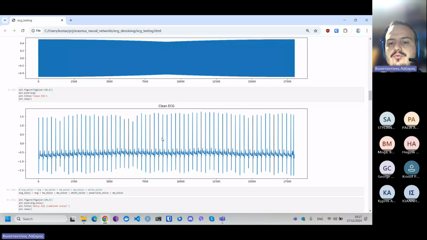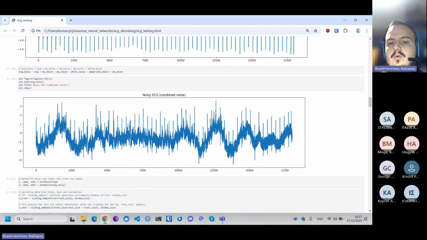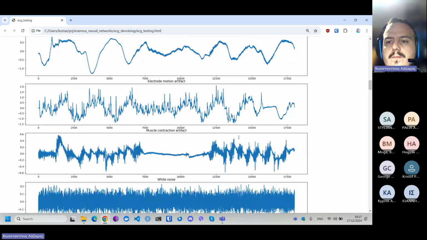This is a clean electrocardiogram, by the way, which, if noise is added to it, results in something like this. So you basically have a very, not chaotic, but a very nuanced kind of situation when it comes to working with electrocardiograms. So